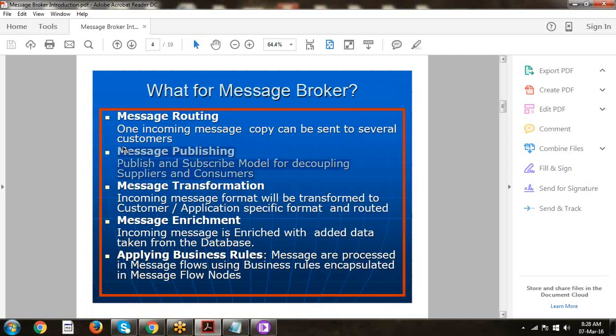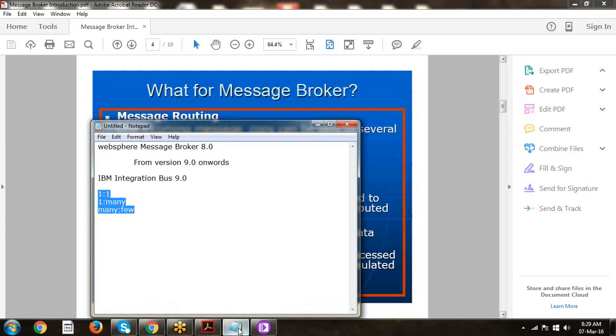But in the publish and subscribe mechanism, they keep on publishing new data, and the subscriber subscribes if interested, otherwise not. Publisher and subscriber don't have any knowledge of each other, only a relationship.